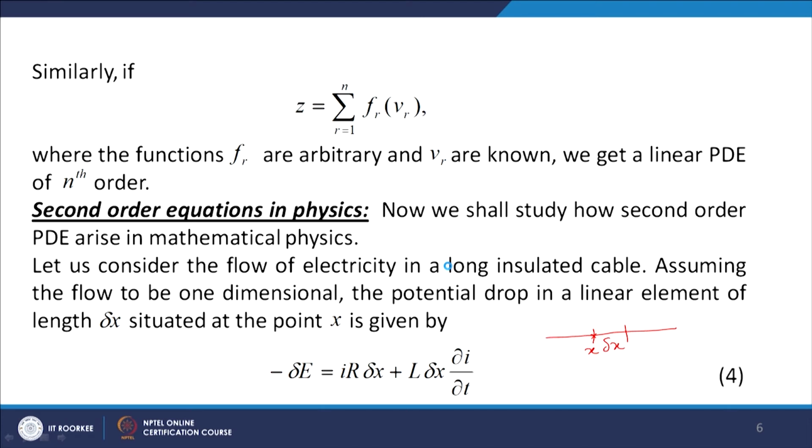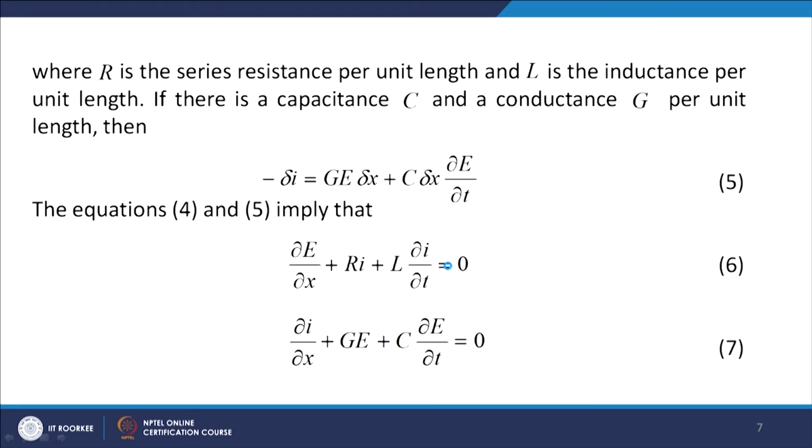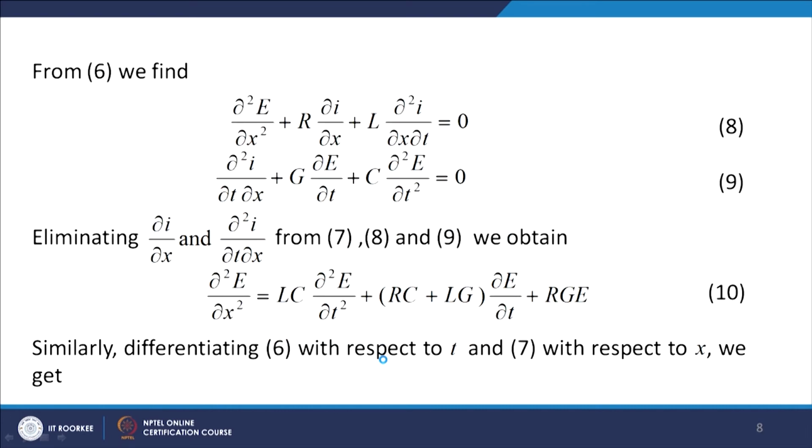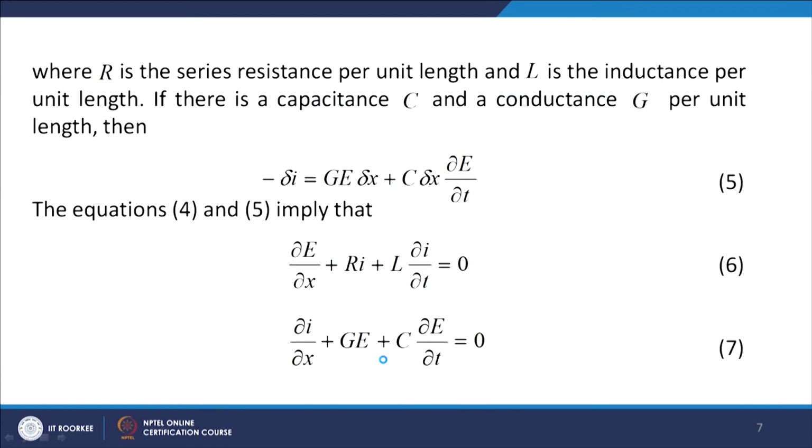When delta t goes to 0, delta x also goes to 0, and so we have equation number 6. And similarly, in equation number 5, we divide by delta x and let delta t go to 0. So, delta x also goes to 0 and we arrive at the 7th equation. Now, from 6 we can see that when we differentiate this 6th equation again with respect to x partially, then